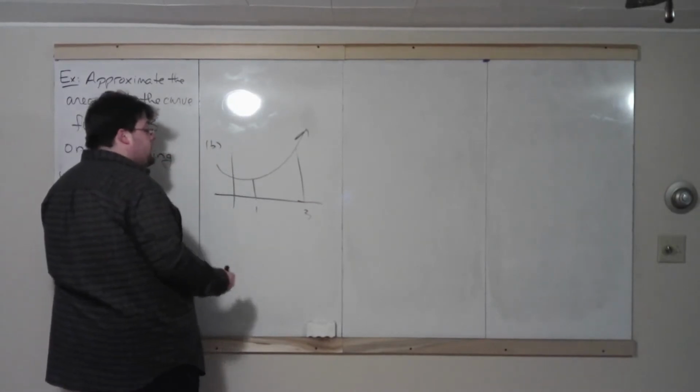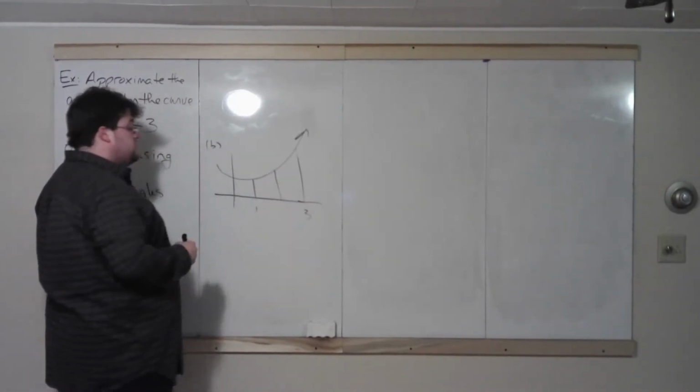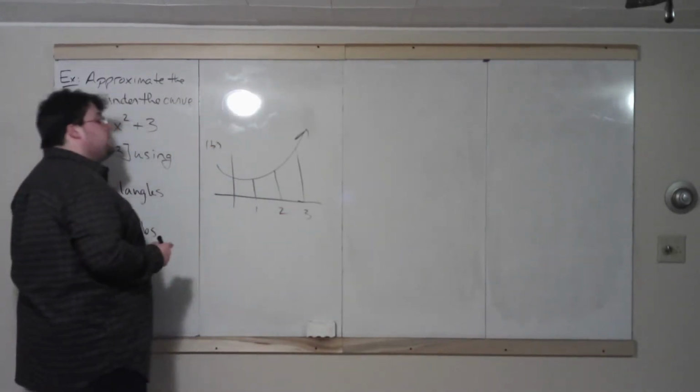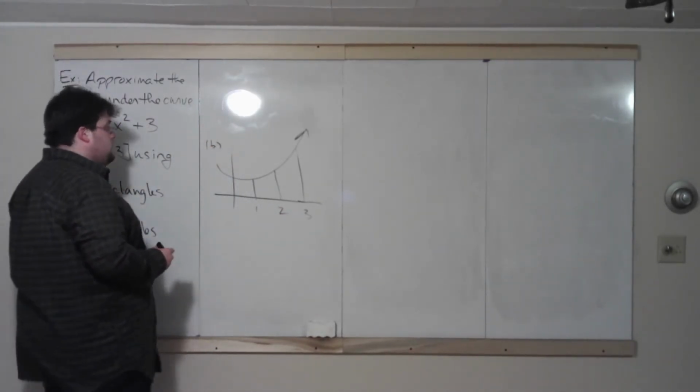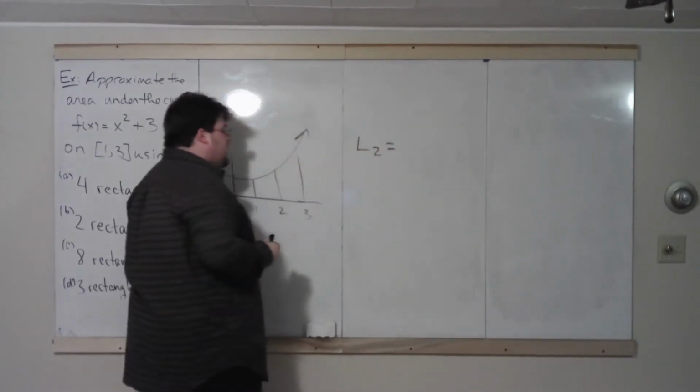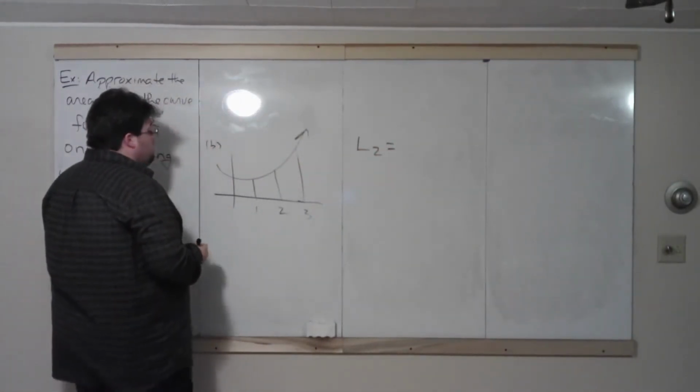We have 1 to 3, but this time we're dividing it into 2 pieces. So we divide it into 2. Well, the point immediately between 1 and 3 is 2. So I'm going to find L2 and R2. What's L2? Well,